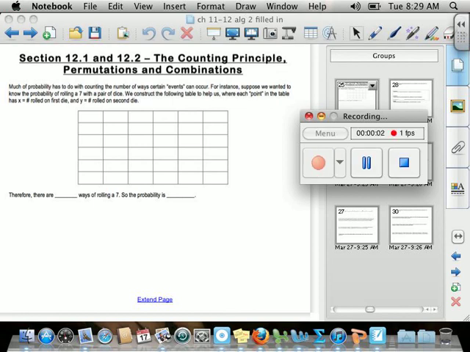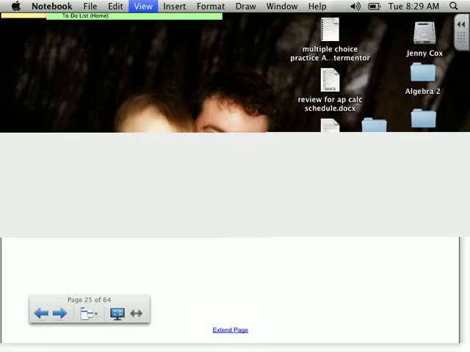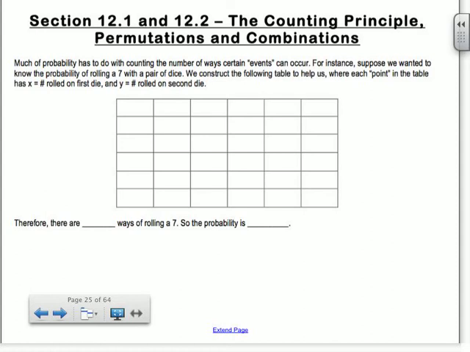So sections 12.1 and 12.2, I combined them together. It's kind of a long one, but it's on the counting principle, permutations, and combinations. All of these will be really important throughout the chapter, so you guys need to know these really well. It says much of probability has to do with counting the number of ways that certain